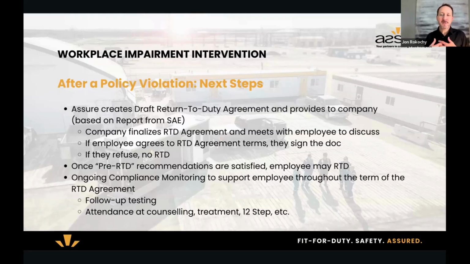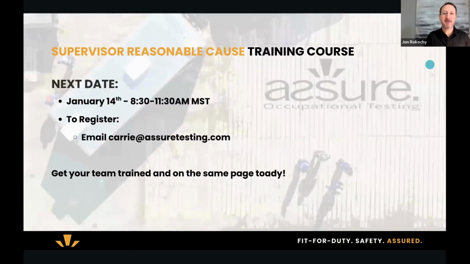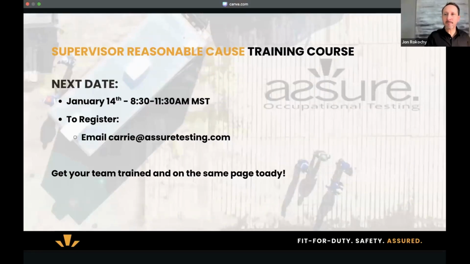You work with us. That's one thing that we support you with at Assure: we work closely with you or whoever the manager is of that employee to help this employee maintain compliance with the return to duty agreement. So that's the important next step after a policy violation, which could be a failed drug test or self-disclosure, either one. The next thing you want to do is get a substance abuse professional assessment so that you know how do we appropriately deal with this employee and how do we return them back to work.